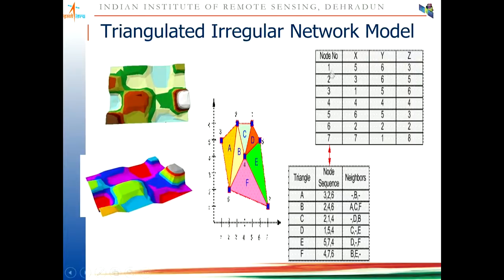So again, you have a node location x, y. Along with that, you also provide a z, so height is also being represented for that. Based on that, you create a node list. And then, to create a mesh or surface, a kind of triangulation is carried out. So these triangles are created in such a way that there is no